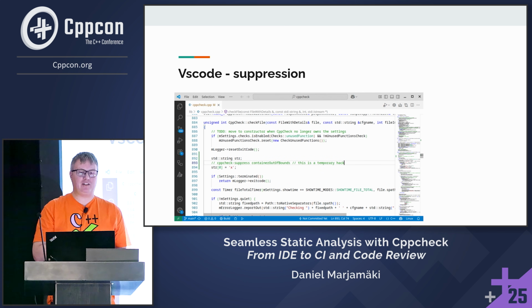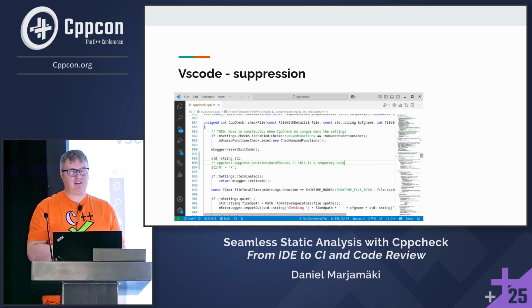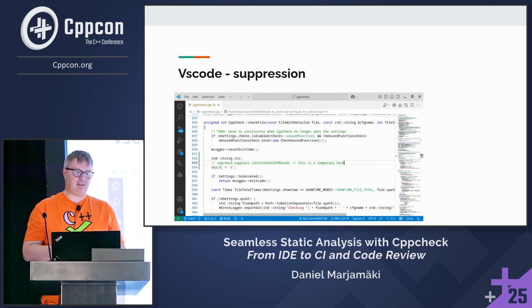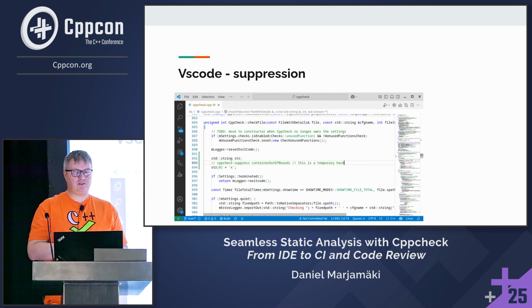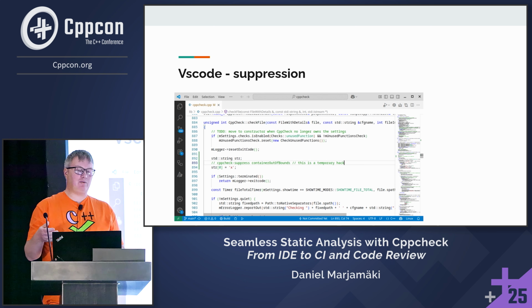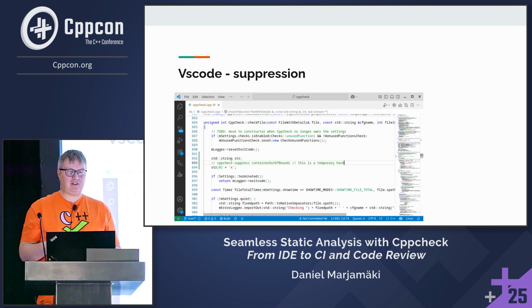This is what happens if I suppress the warning. It automatically inserts a comment here. I wanted to provide a further explanation of why I have suppressed it, so that my colleagues or team members understand why I suppressed this warning, so I wrote a comment after that. The suppression and suppression comment is something that you can export into the XML report. Then you can generate a report of what suppressions you have and why you have suppressed various things.